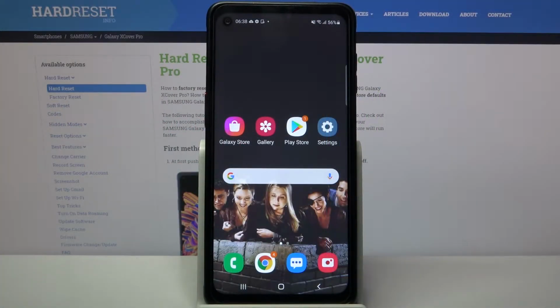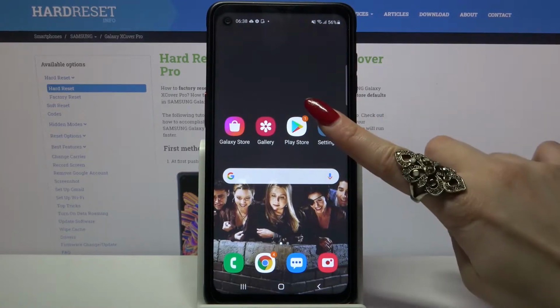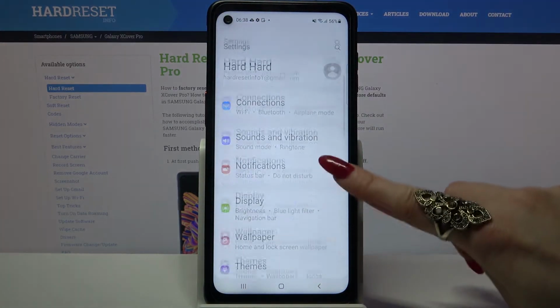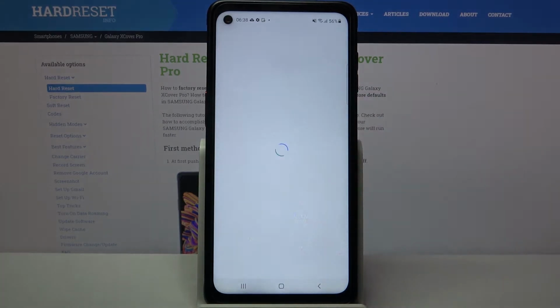Hi, in front of me is Samsung Galaxy XCover Pro, and today I would like to show you how you can change icon style on this device. First of all, go into settings. Now you need to scroll down, tap on themes,